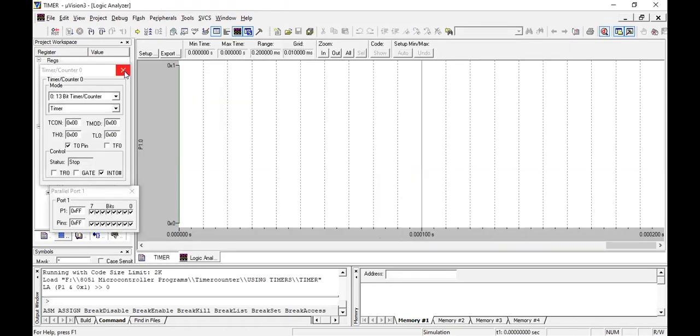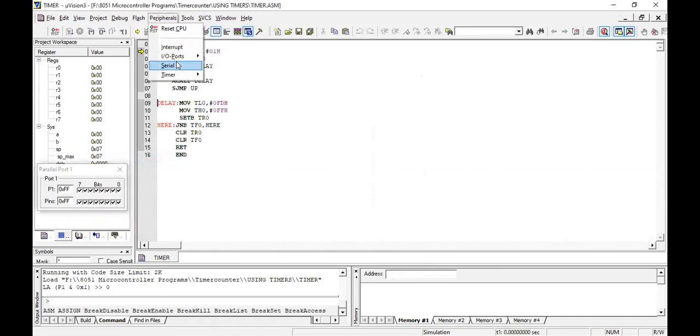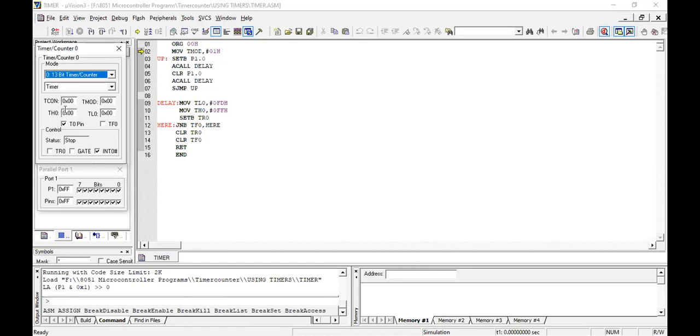So here, go to peripherals. Which port do I want? Port 1.0. So this is port 1.0. Go to peripherals, timer 0 I want. So this is timer 0. Timer 0 in which mode? Mode 1. And next, TMOD is 01. See here, TMOD is how much? 01, and this is the timer. You can initialize these values.